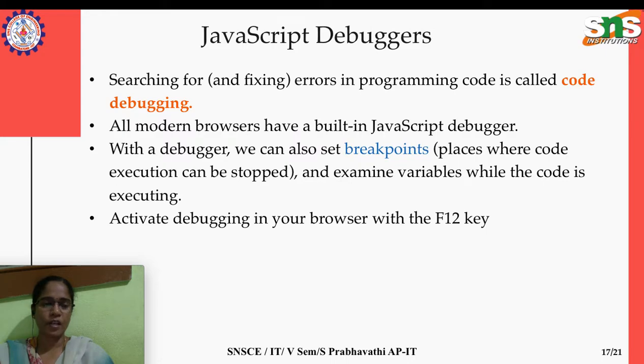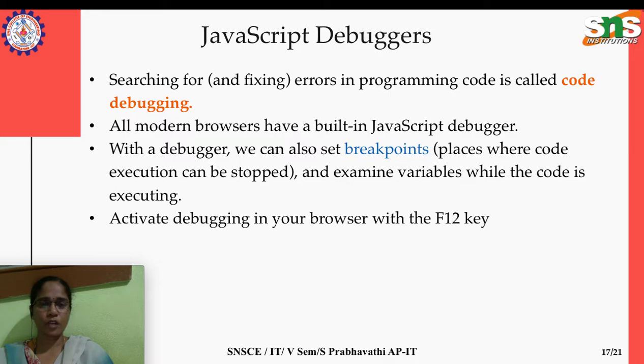And finally, dealing with JavaScript debuggers. Debugging means that when we program for the very first time, nobody is sure that the program will execute correctly the first time. It carries a lot of syntax errors and logical errors that need to be fixed, is it not? If we violate some syntax, that should be fixed before execution, otherwise we won't get the expected output. So there comes the built-in debugging tool in all modern browsers.